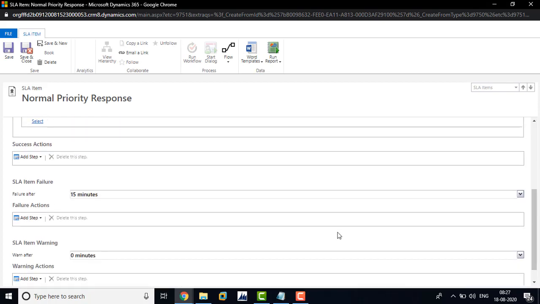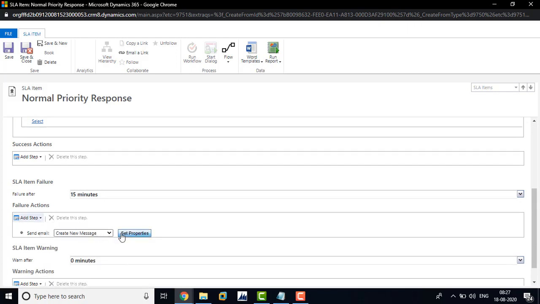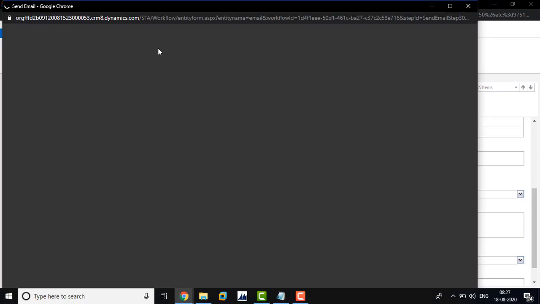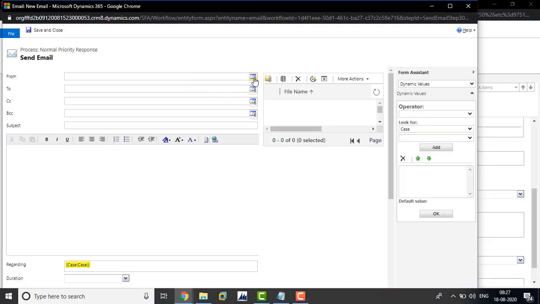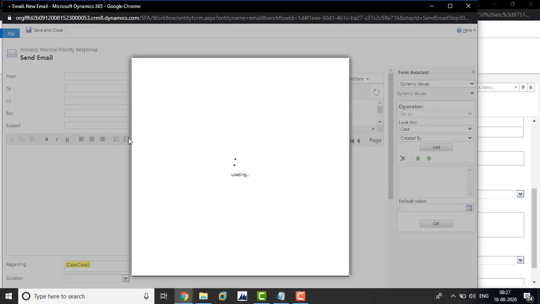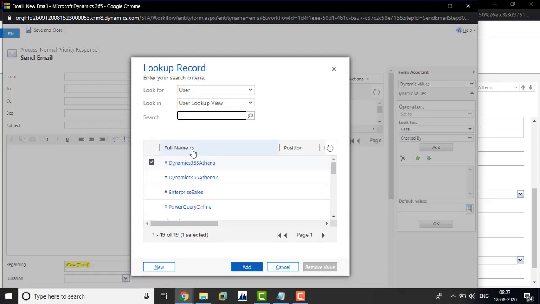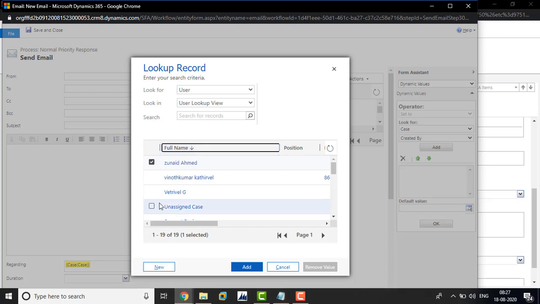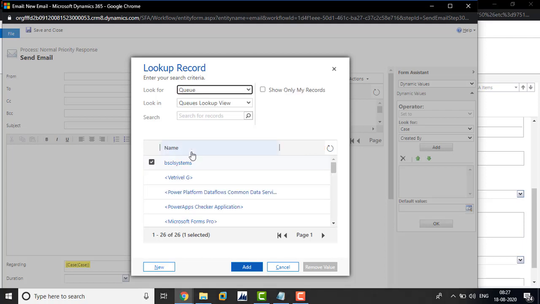Scroll down, and here after failure you can send a mail to the case owner. In the lookup field, I am sending a mail from my queue. Look up the queue and choose your queue.